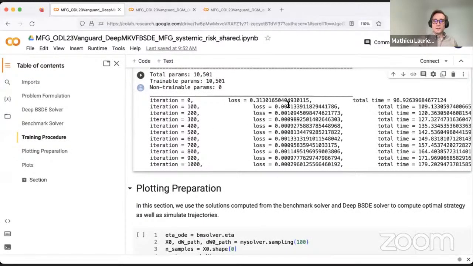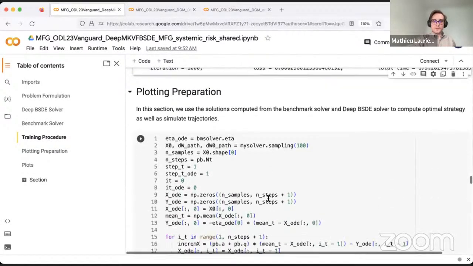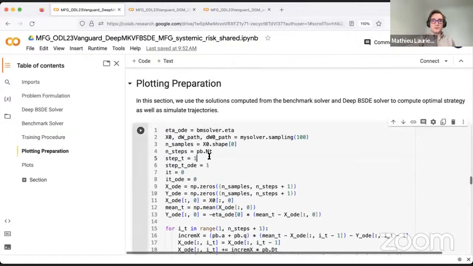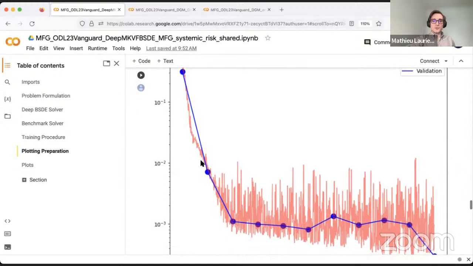In about 1,000 iterations, you see that the loss decreases. This is for this choice of hyperparameters. So you can play with hyperparameters, architecture, learning rate, initialization, etc. And you may get different results. So this is just an illustration. This is the plotting function, so I will skip this. And here you can see